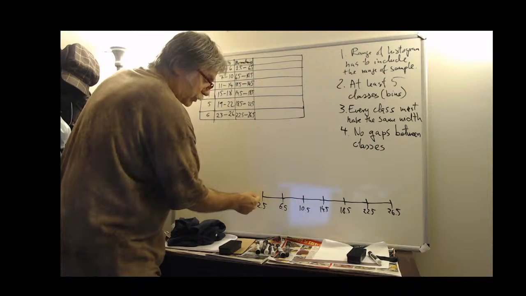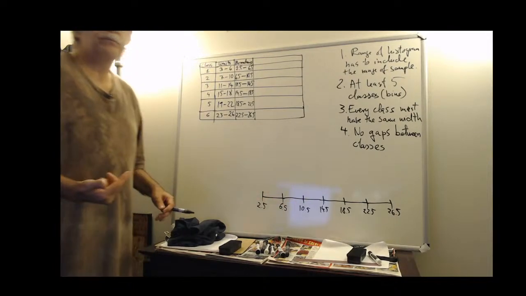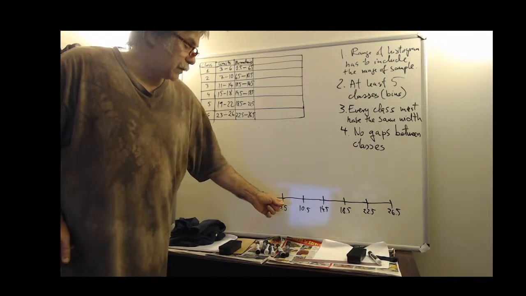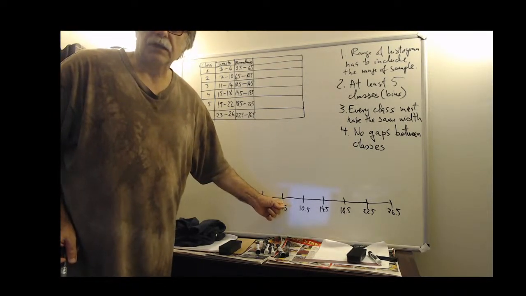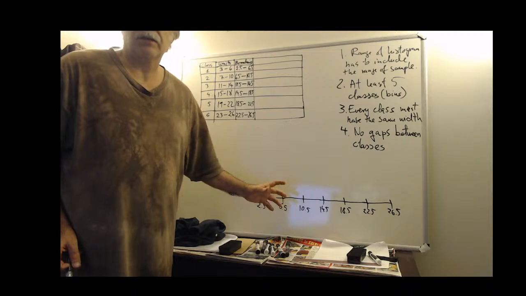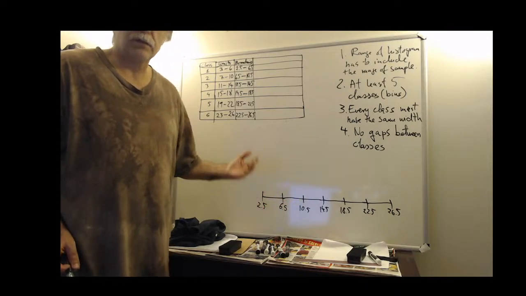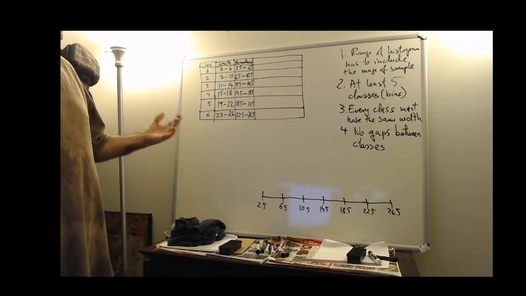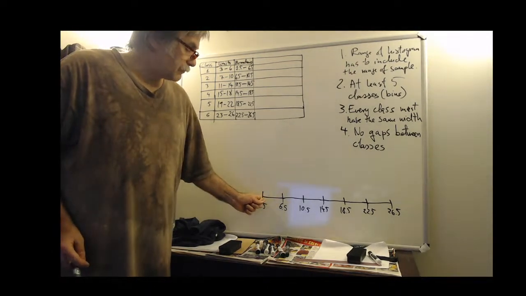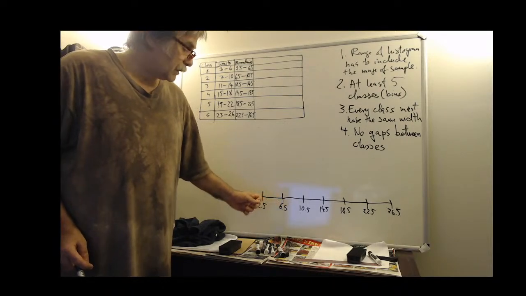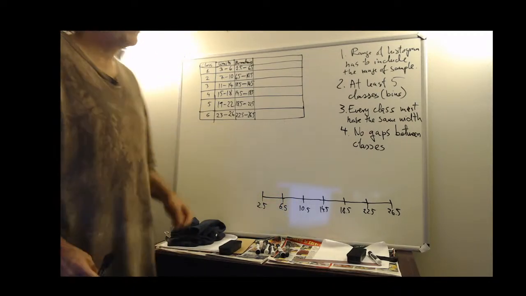6.5 is going to belong to the first class or to the second class. So your choice must be what's going to happen with this boundary. If something happens to be exactly on the boundary, is that going to be in the second class or in the first class? So you have to make the decision. You can make it left in, right out, or you can make a decision left out, right in. I'm going to make a decision